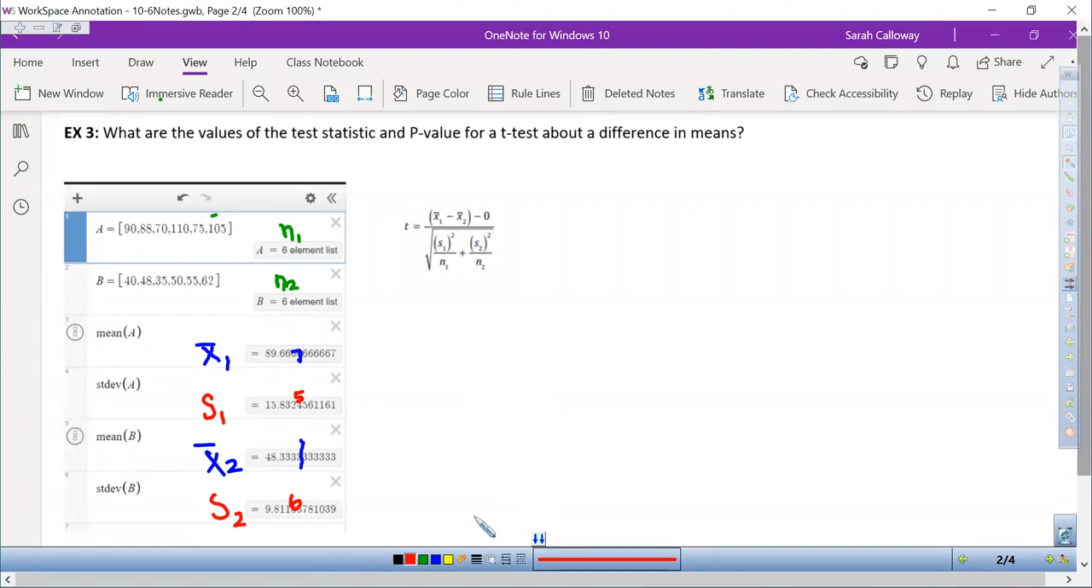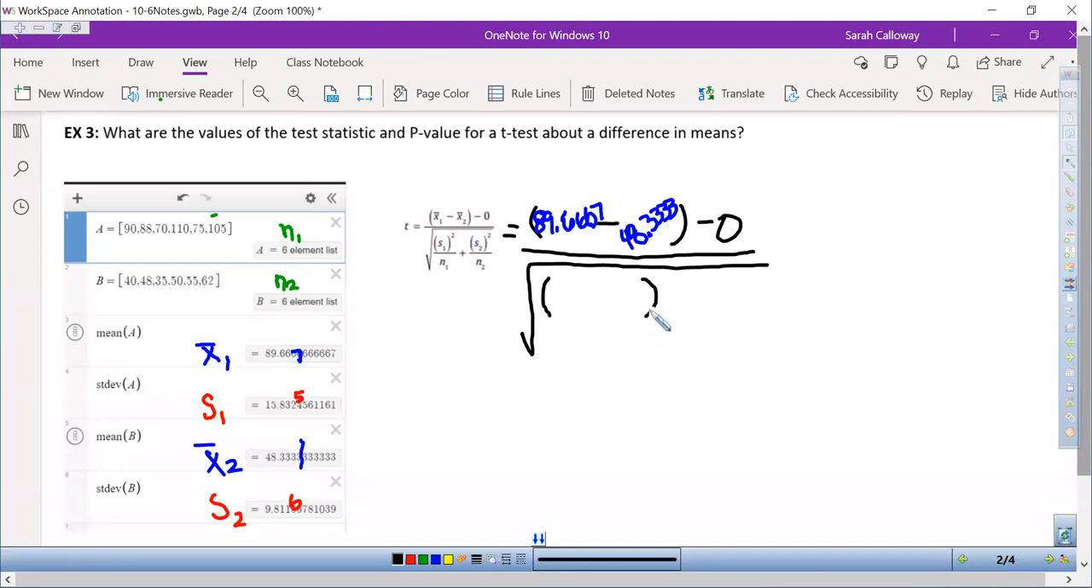So for this, we've got that T is going to be equal to the difference in means minus 0. So our difference in means is 89.667 and then 48.3333, divided by the square root